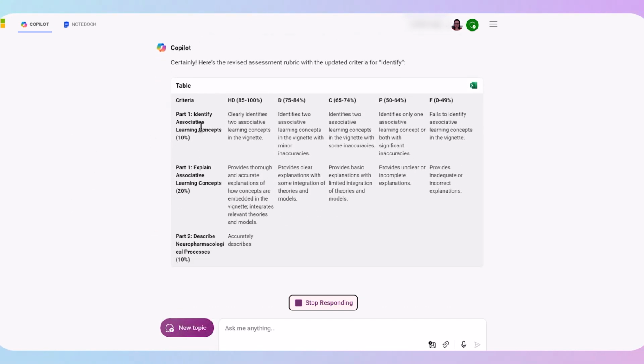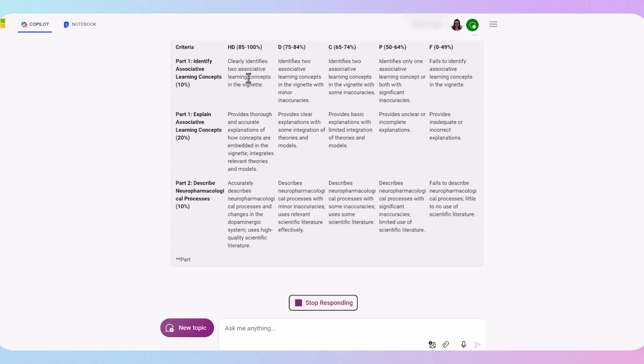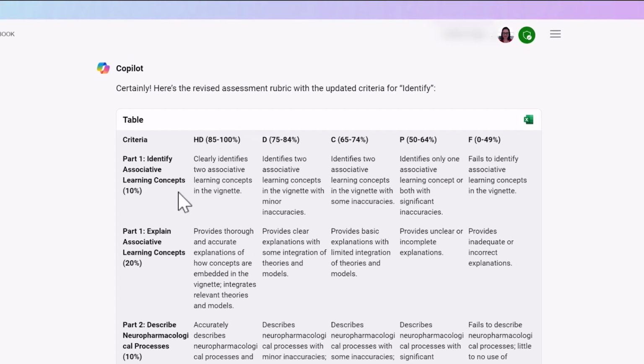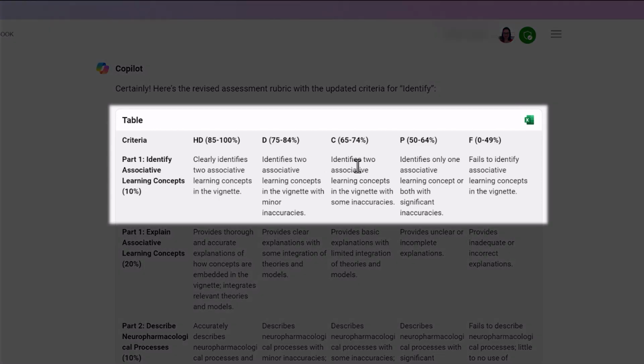Okay, so you can see it has rewritten the performance descriptors as I've asked it to. It's not referencing strong evidence. It's referring to the fact that I've asked them to identify these concepts in the vignette. And if you look across the levels, it's making quite clear distinctions that will be obvious to markers, the differences